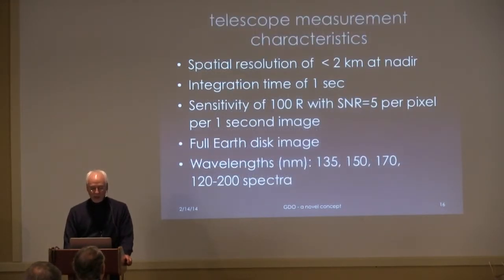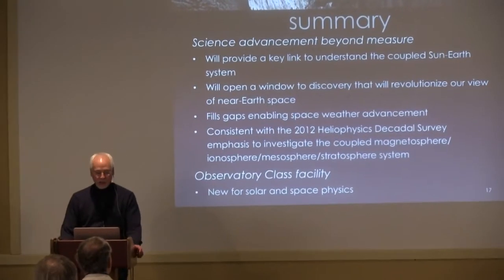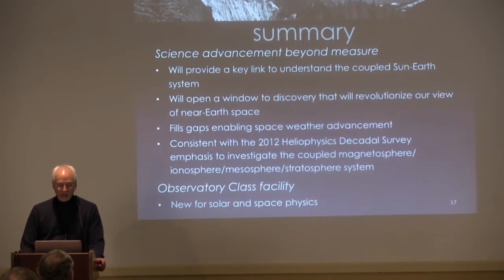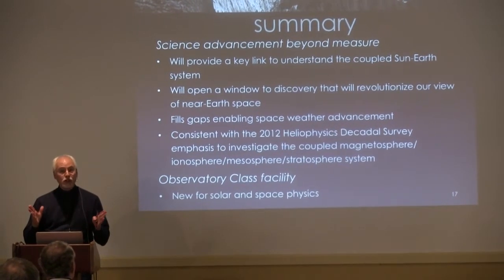The telescope characteristics, I've mentioned most of this. The sensitivity would be about 100 Rayleigh per 1 second image with a signal-to-noise ratio of 5. Here are some nominal wavelengths that I've identified there. And then going to the summary again, a mission like this, albeit not cheap,